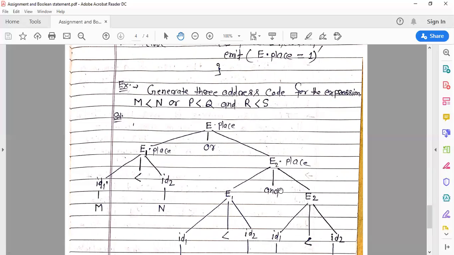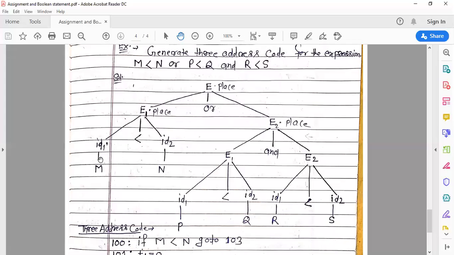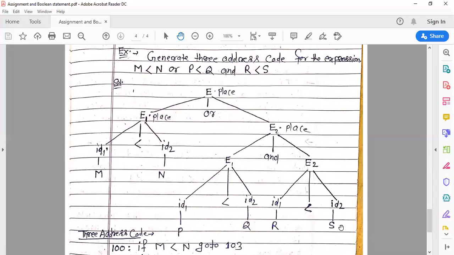This is another production, and E derives id1 less than id2 again. You see all the leaf nodes are terminals, and intermediate nodes are non-terminals.